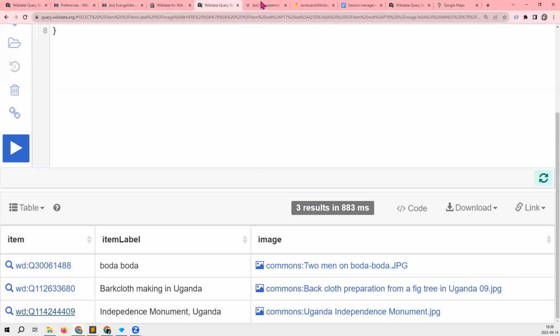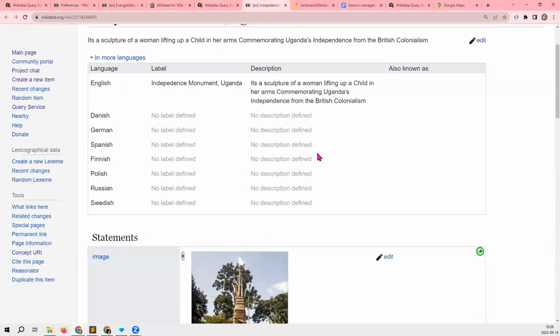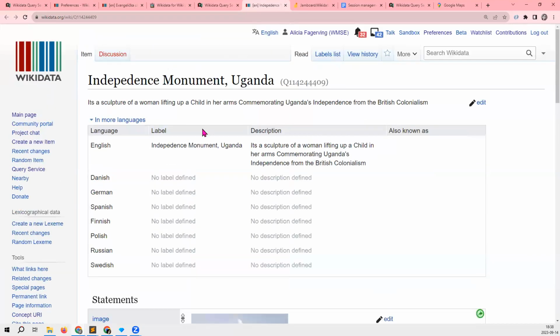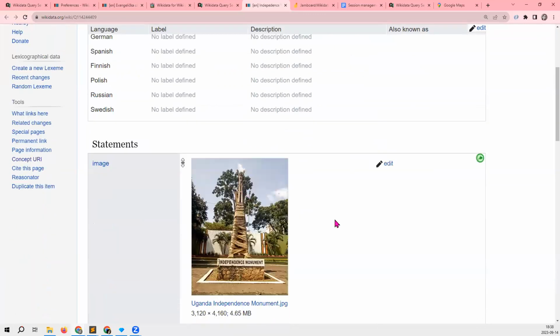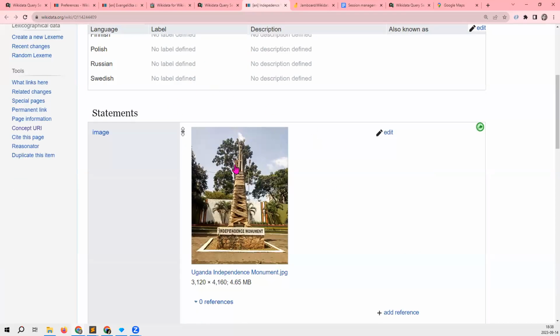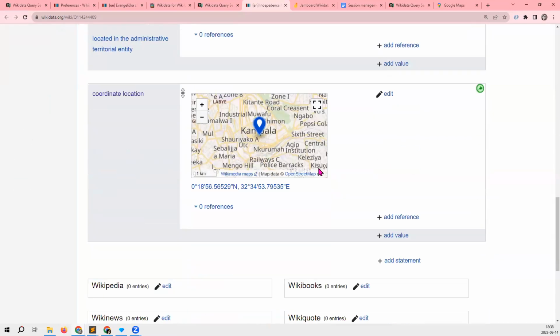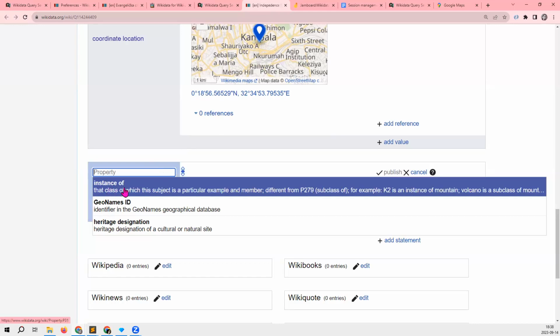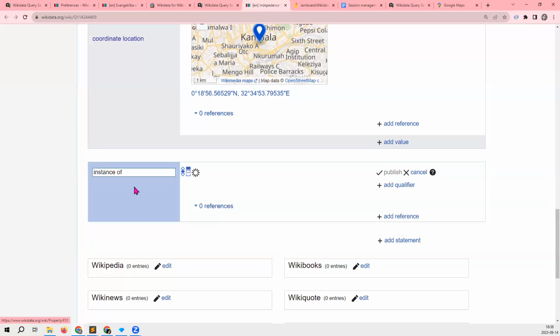Here's an example. We have a monument. I can know it from the label and from looking at the picture. This is a monument, but it doesn't say this anywhere as structured data. So I can add a statement. Wikidata even helps me because Wikidata knows that instance of is the most important statement and it's missing.